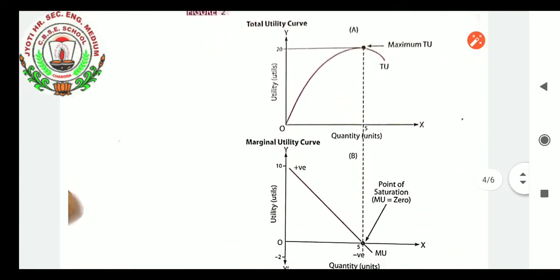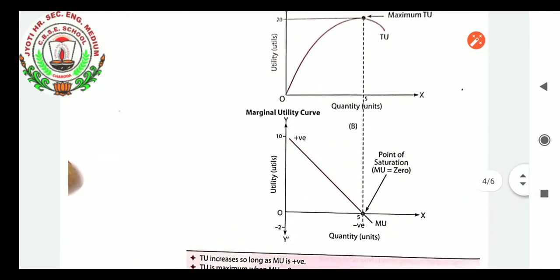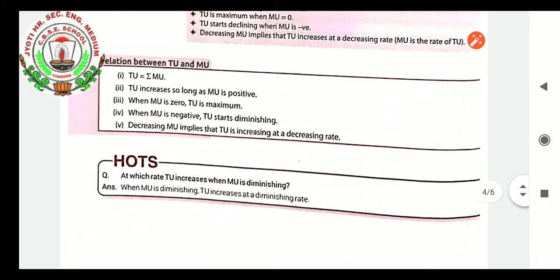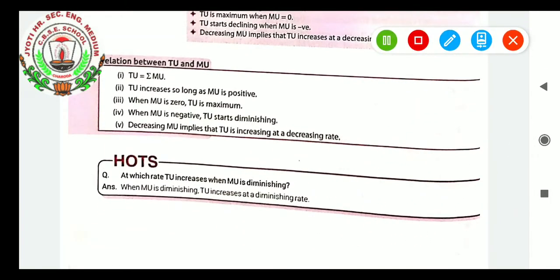Now you can see the curve, the total utility curve can be derived from here. Utility units are on the Y and X axes. As the units increase, the curve is not a concave curve. Now the curve is shaping somewhat like an up-down curve. Maximum utility, you can see there. I will explain on the blackboard one way to make this curve so that it will be more clear. Let us leave this curve for the time being. The relationship, if we want to write, you can write from here.